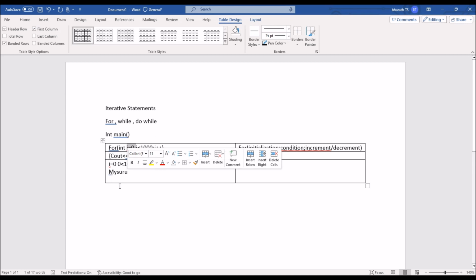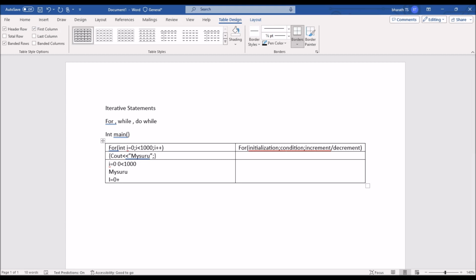i plus plus means incrementing the value by 1. So now i is equal to 0 plus 1, that is equal to 1. Again it will go and print Mysuru.